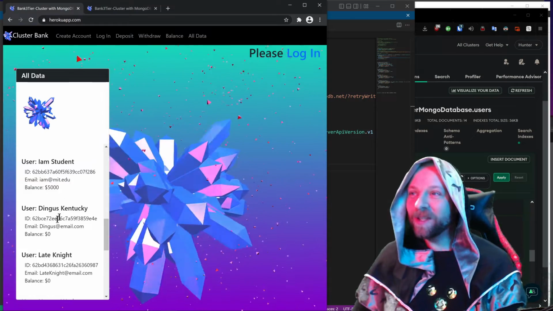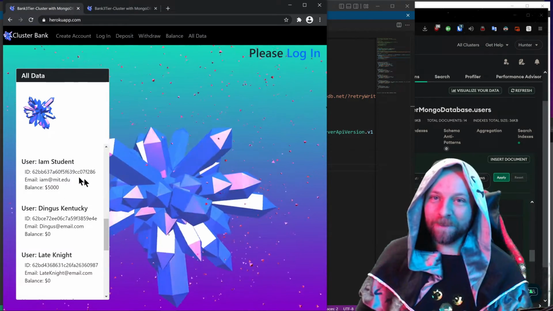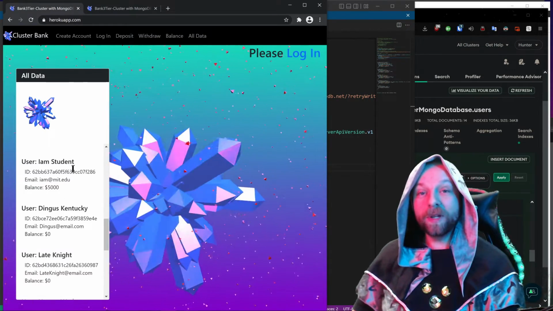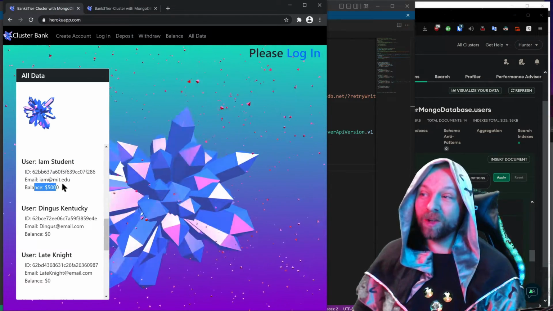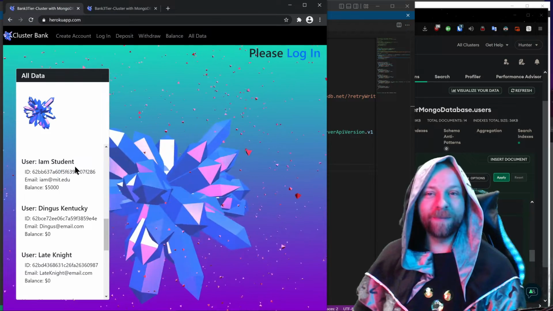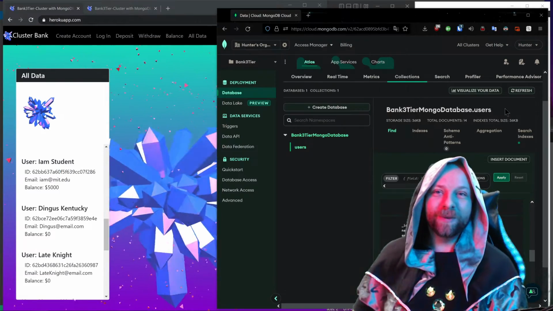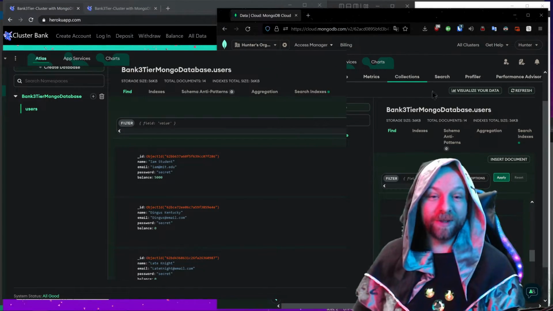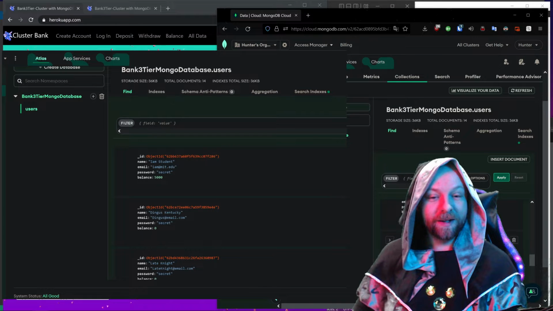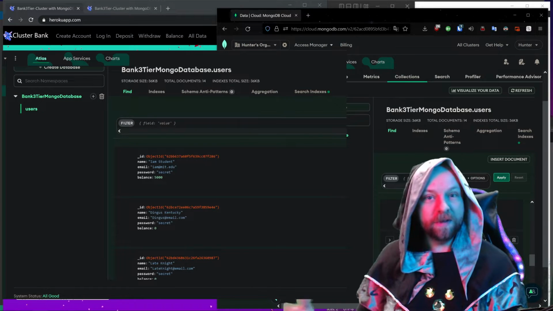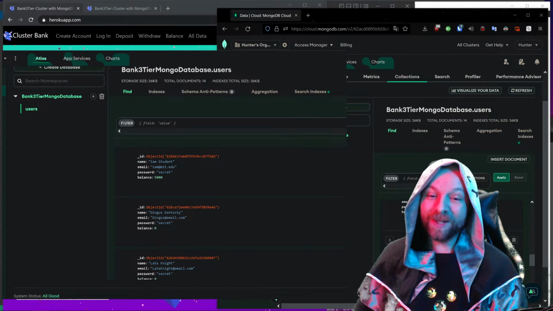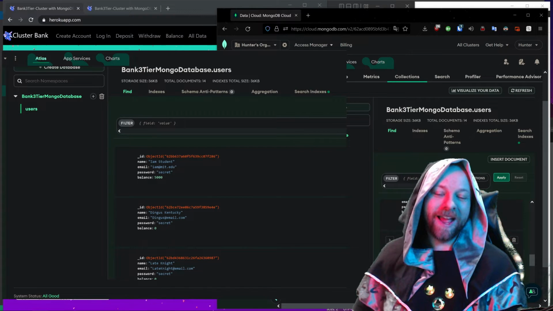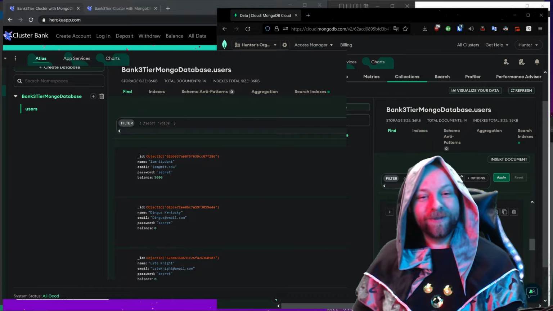As you can see here on this page, I'm showing you all the data. This is what is stored in my Mongo database. You can see I have the name of the user, their email, and their balance, as well as a little ID marker. Over here, we can see this is my Mongo database, and right here, I have the ID of the specific user object, which contains their name, email, their password, which yes, you can see, and the balance for